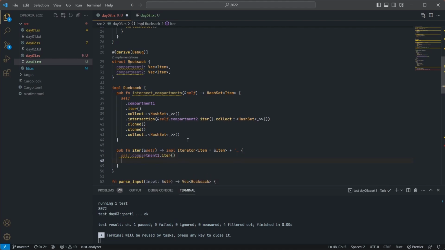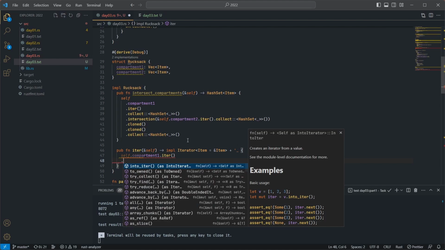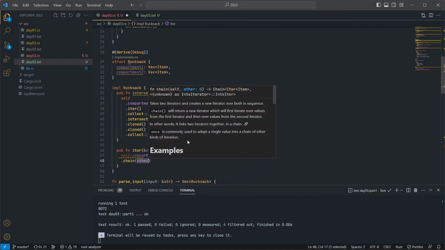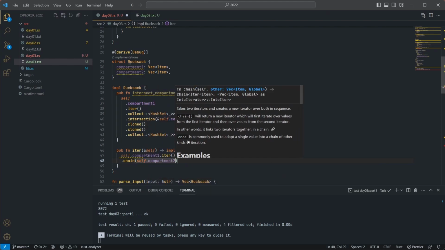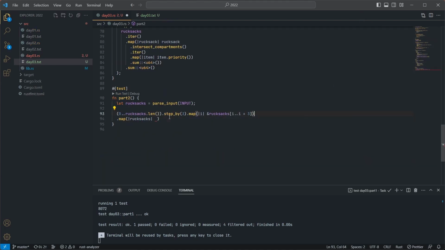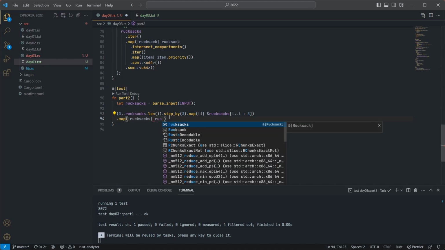And we'll just iterate over compartment1 and then also chain self.compartment2.iter. That should work. We only have 3 items here, so rucksacks